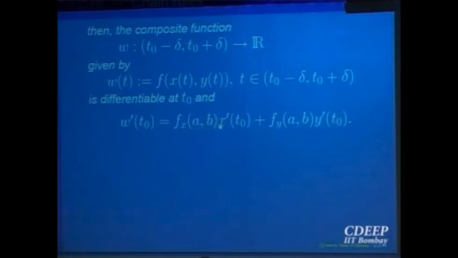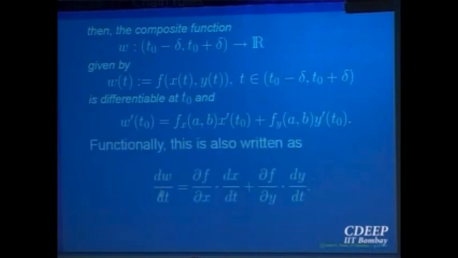This is the chain rule in one direction, the chain rule in the other; both you have to add up, because differentiability says increment in one direction plus increment in the other direction. So always, depending on the number of variables, all those you have to add up. Okay, here it is only two variables. So in short you can write dw by dt as: f is a function of two variables x and y, so partial derivative with respect to x, dx by dt, plus partial derivative of f with respect to y, dy by dt. So that is the chain rule for composing a function of two variables with a function of one variable in the front.